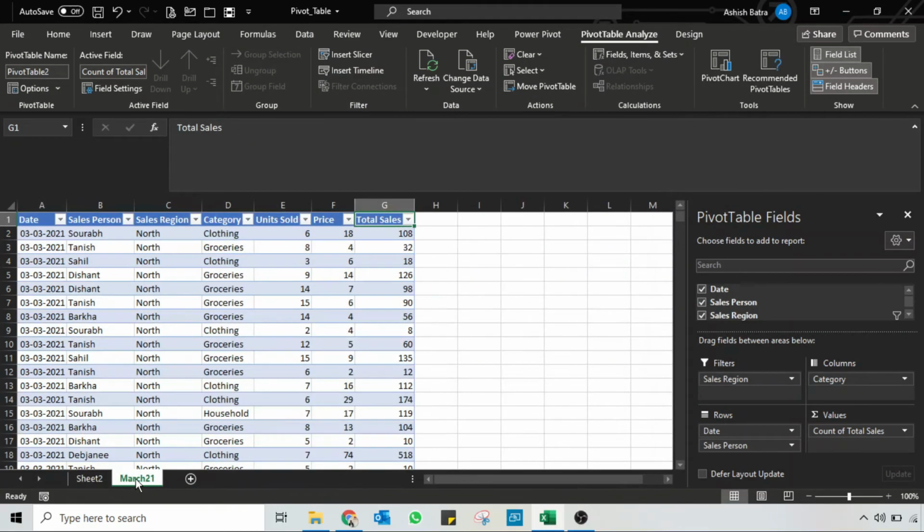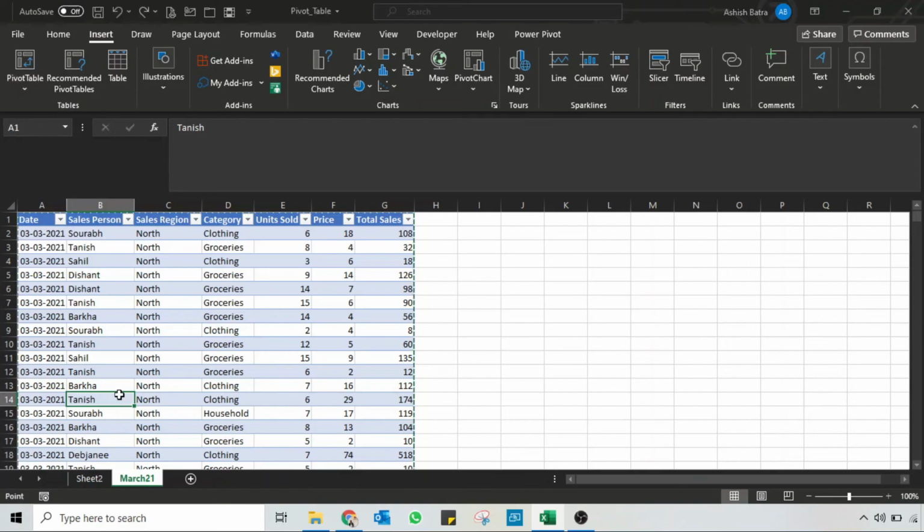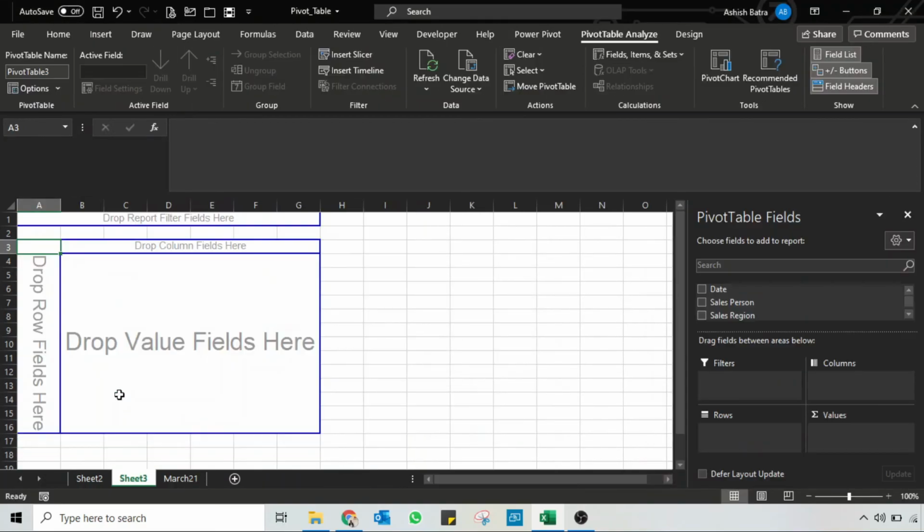Now if you create a new pivot table, it will automatically create the default classic layout. I'll press Alt NVT, click OK, and my default layout is a classic layout. That's it for the video. That's how you can enable the classic pivot table layout in pivot tables and set it as the default layout as well.